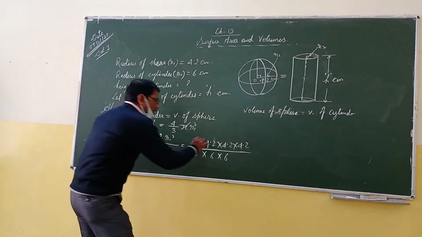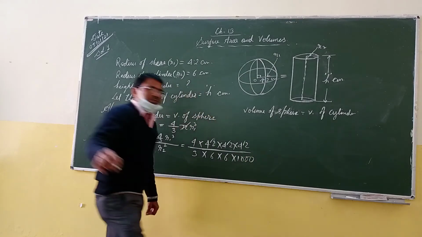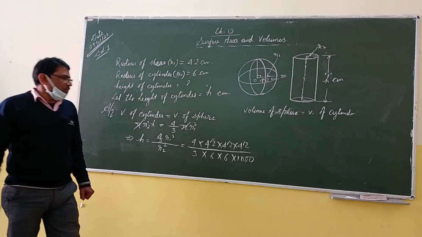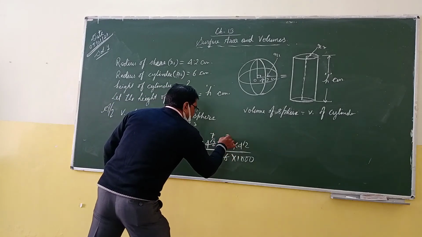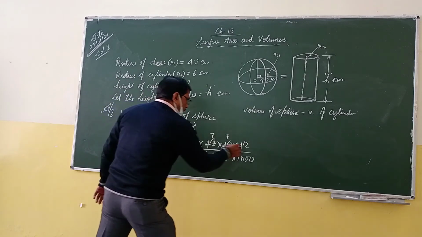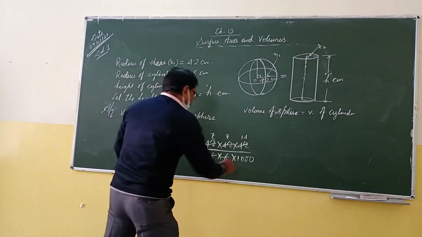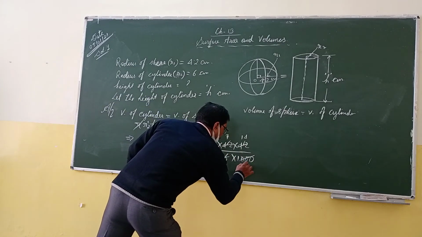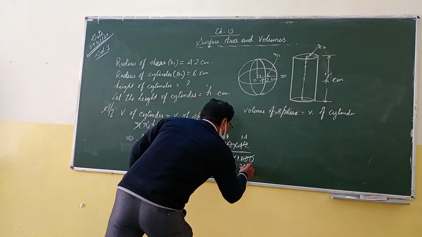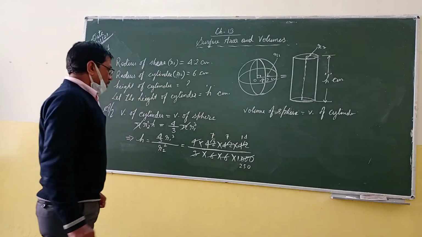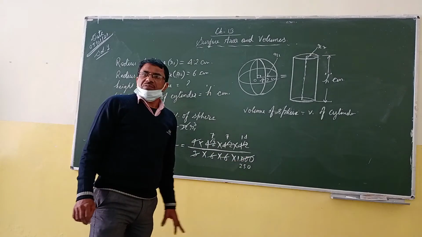Now students, we remove the decimal. 1, 2, 3 decimals are there. So write now 1000. Now we remove the numbers one by one. 6 7 is 42. 6 7 is 42. 3 14 is 42. Now 4 25 is 100. 250. Now multiply 7 7 and 14 by 250.